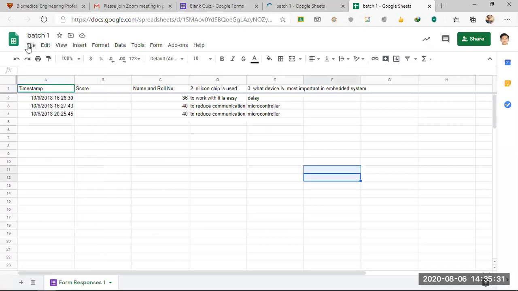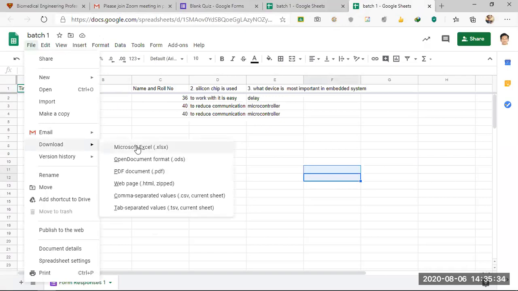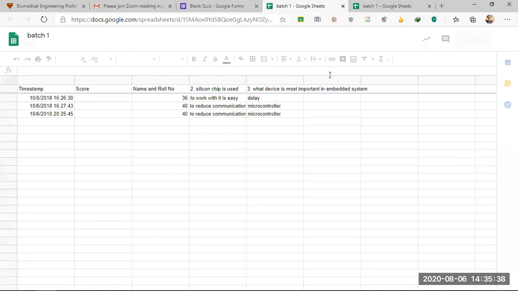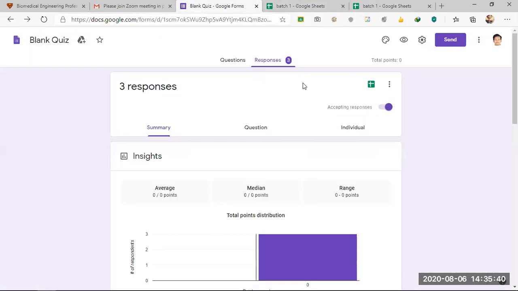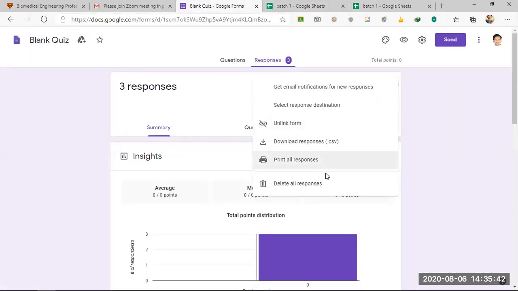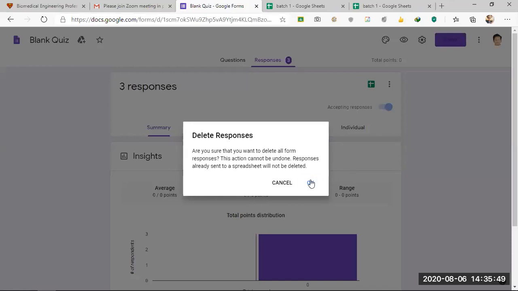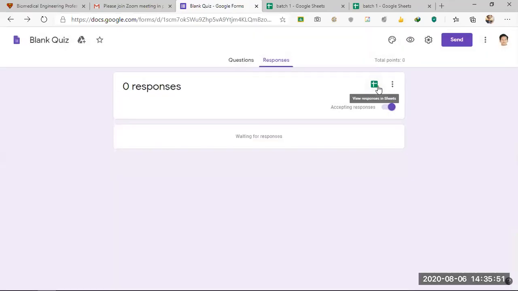First batch you have created, download this Microsoft Excel form. Then I can just go for delete all responses. And again, the new responses will be collected.